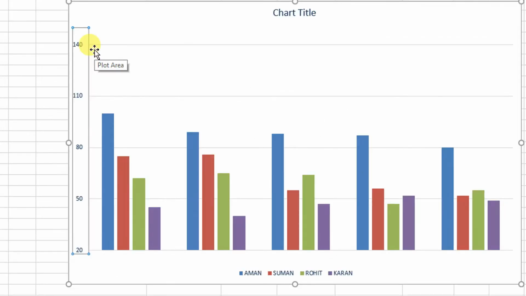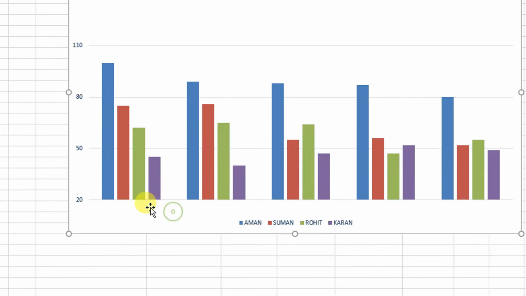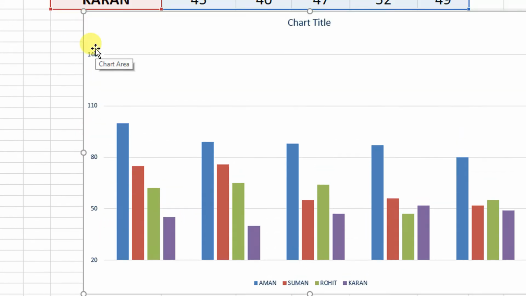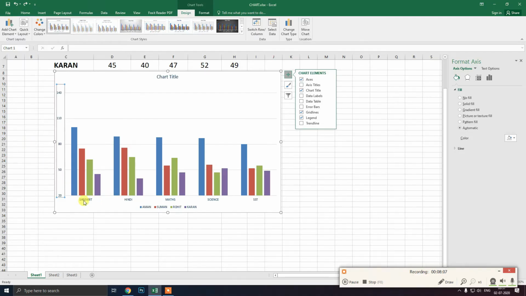Now similar to the y-axis you can format the x-axis also. So here is our y-axis and this is our x-axis. If I click on the x-axis, the format dialog box of that x-axis will come. Now similar to the y-axis you can format the x-axis also, but one more thing I want to tell here, that you can go to the text option.